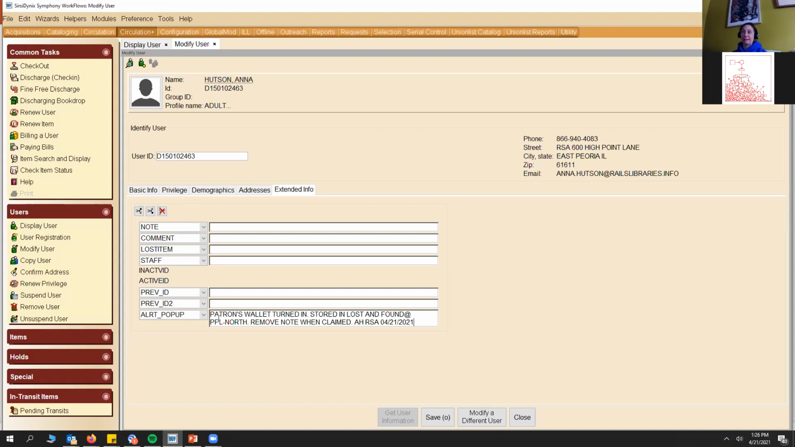I've got the patron's ID, the patron left their photo ID on the copy machine. Their phone is at the desk, whatever it is, that sort of thing. Things that are not account related is what we've settled on as the difference between these and regular notes. So anyway, if we save that,